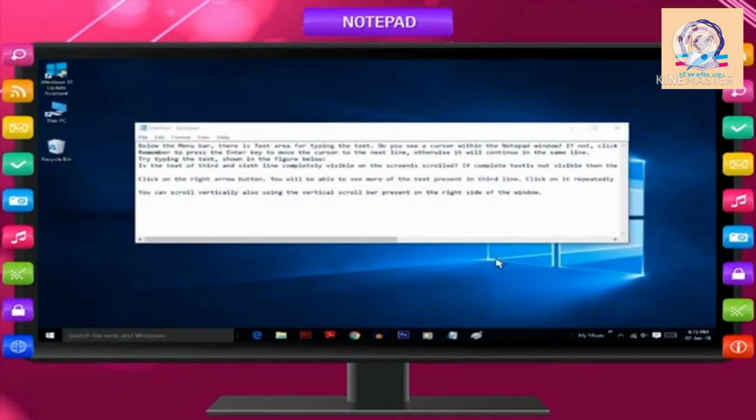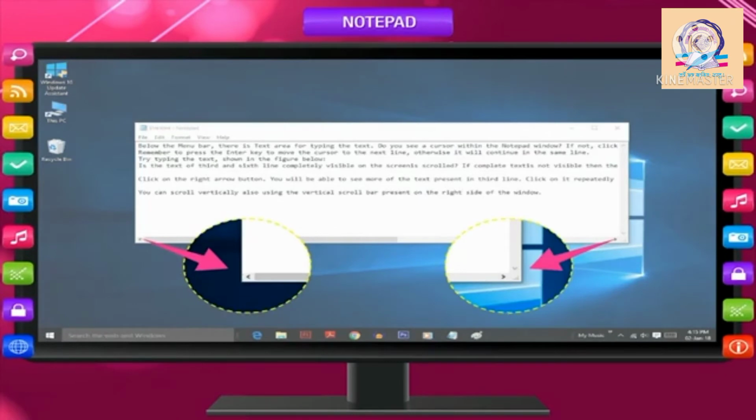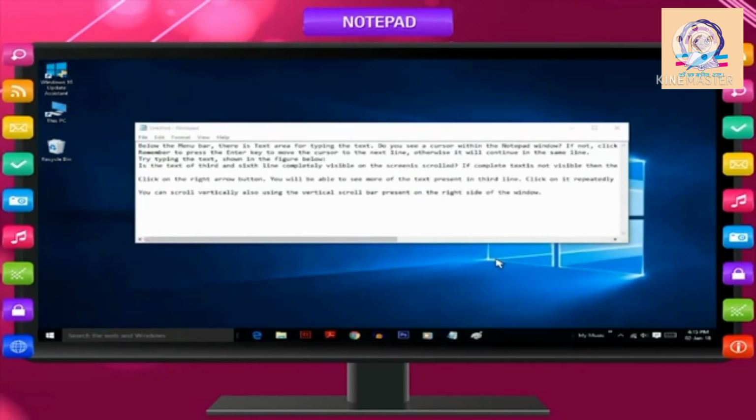Is the text of 3rd and 6th line completely visible on the screen if scrolled? If complete text is not visible, then the arrow buttons on the horizontal scroll bar will be activated. See at the bottom of the Notepad window. Click on the right arrow button.